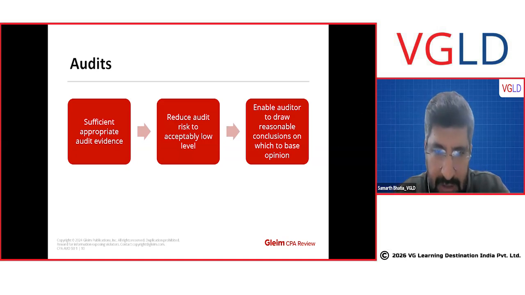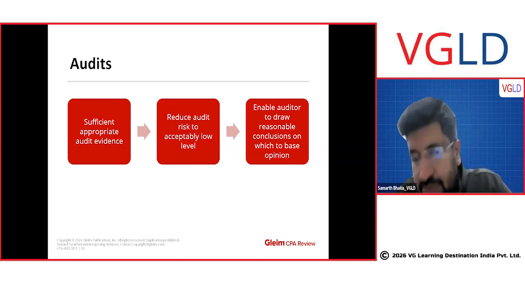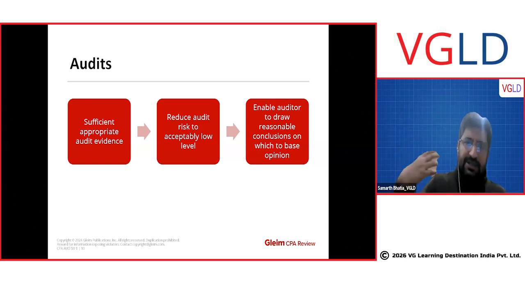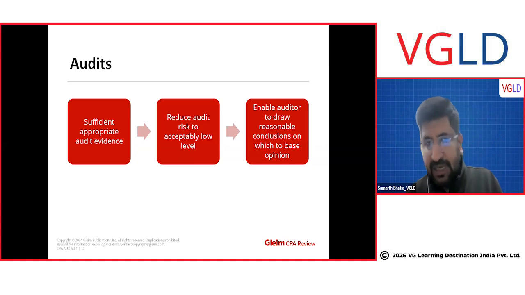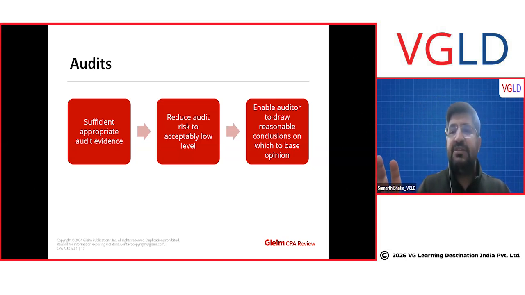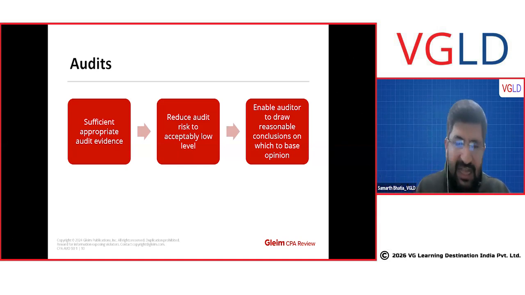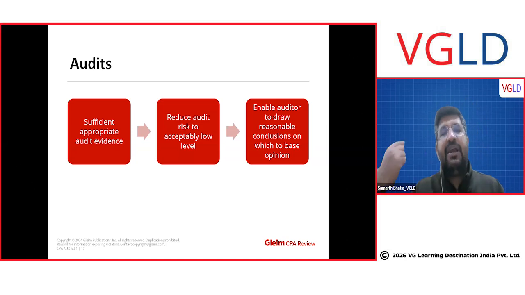They should collect it because the evidence they collect will reduce audit risk to an acceptably low level. Ultimately, sufficient evidence needs to be collected and obtained. And how much is sufficient evidence? This changes from company to company and from situation to situation. In some situations we need less evidence, in some we need more evidence. We have to make sure that whenever we collect evidence, it reduces the risk to a low level. And the next thing is,